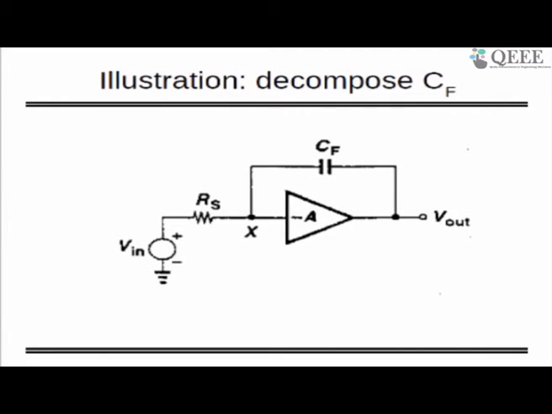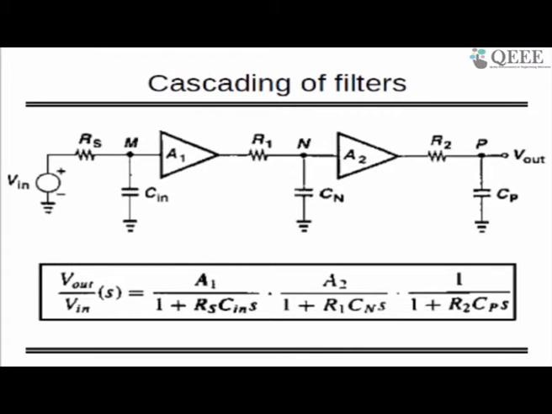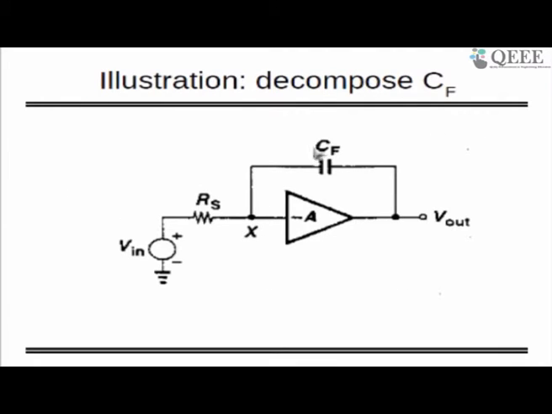Now, there is one more thing. If my system looks like this, it's easier for me, because I understand that it's 1 by 1 plus RCS and it's a low pass filter. I can see that it's very easy. But if there is a capacitor connected from X to V out, where X is the input and V out is the output, then it's a new thing and I don't like it. First of all, I don't understand what is going on here.